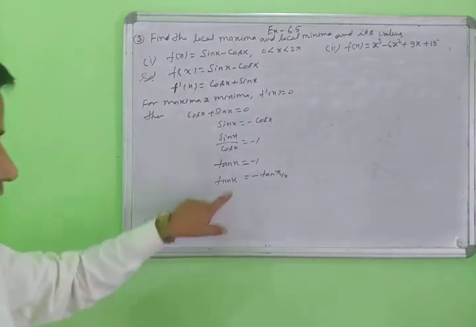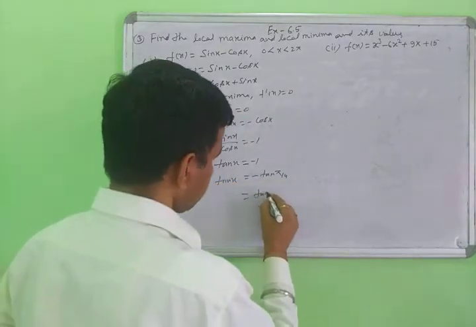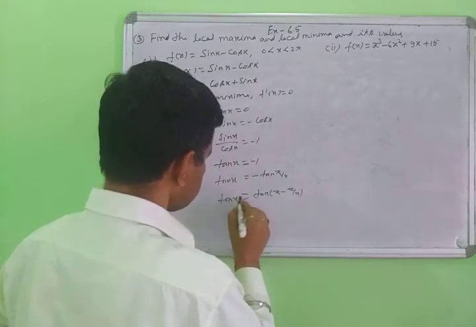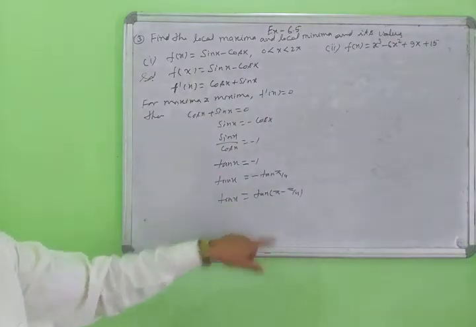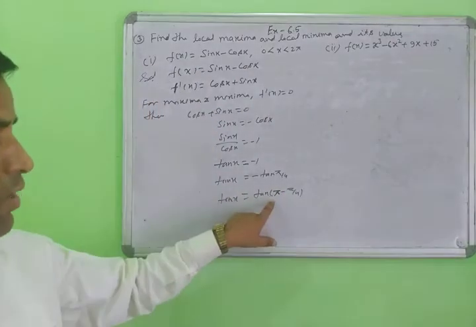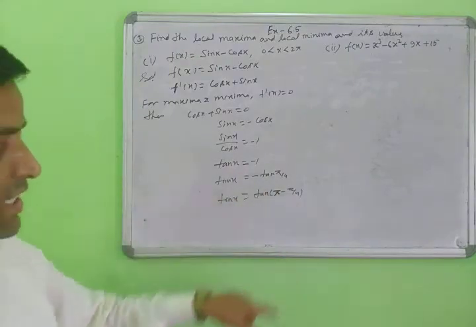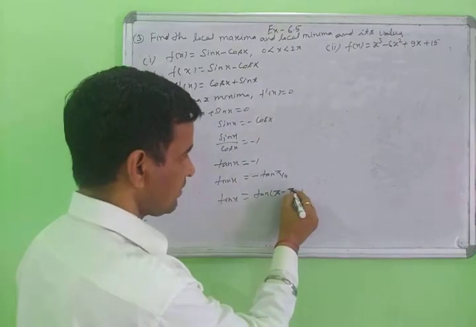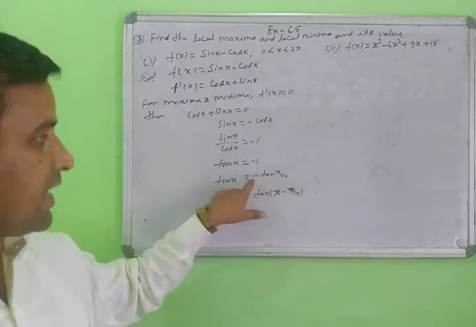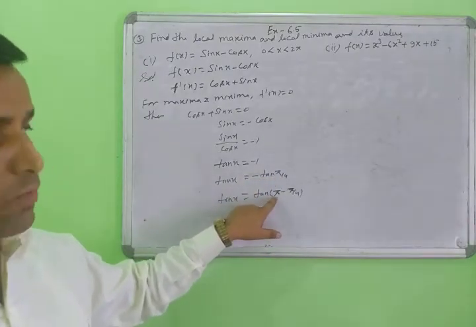Again here the minus sign converts into tan pi minus pi by 4. This is your tan x. When pi minus pi by 4, this is the second quadrant. In the second quadrant tan is negative. Second quadrant tan has the negative sign. The tan pi minus pi by 4 is minus tan pi by 4, so this minus sign is converted in the second quadrant.